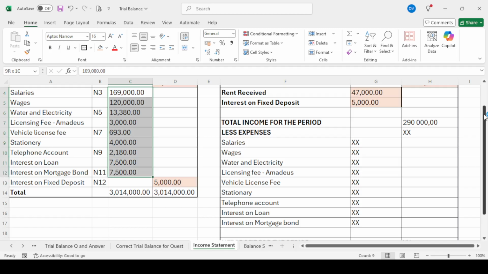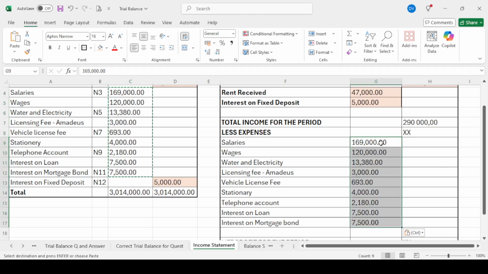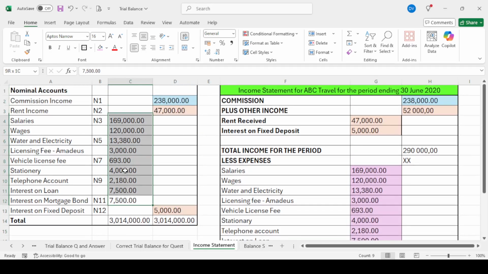So you can literally copy those values onto your income statement on the left side here, because remember the left side is for the totals and the balances. And on the right side, you're adding all of those things together. So I'm just going to color it for you. I think it helps, guys. You can let me know maybe in the comments if the color is helpful or if it wastes your time. I don't know. You must tell me.